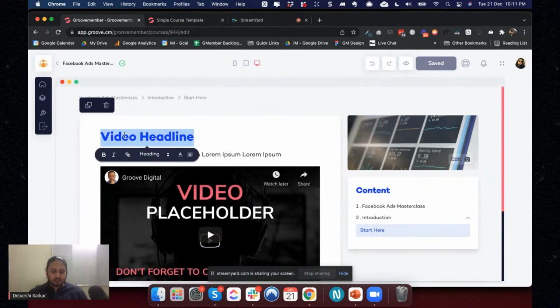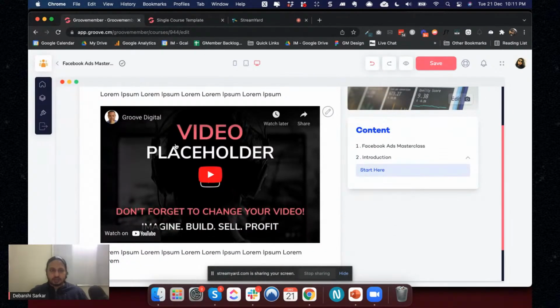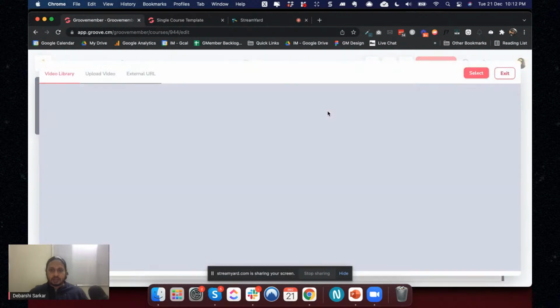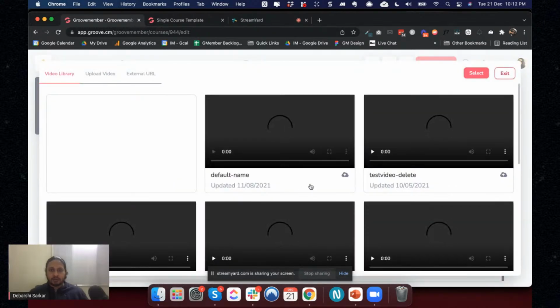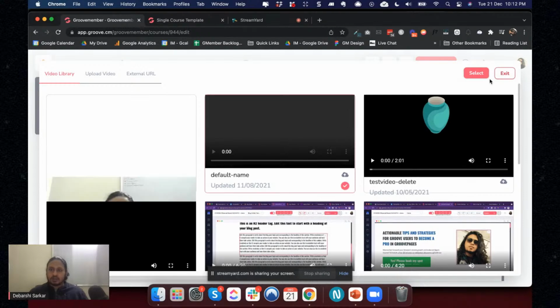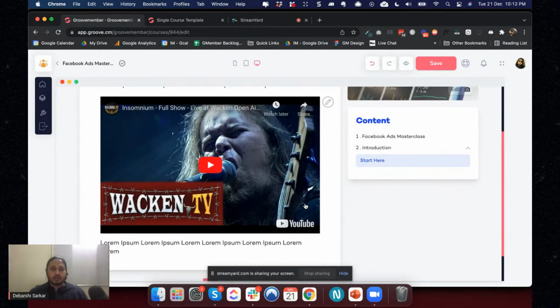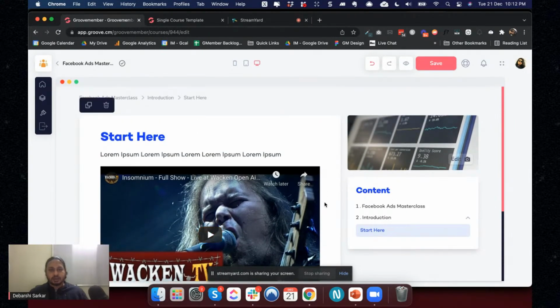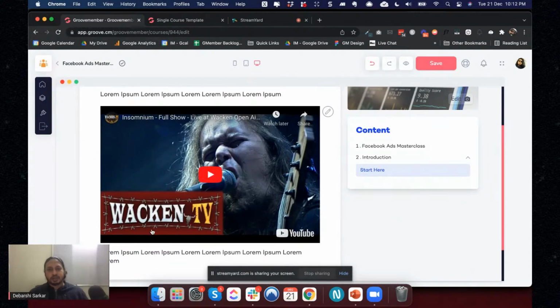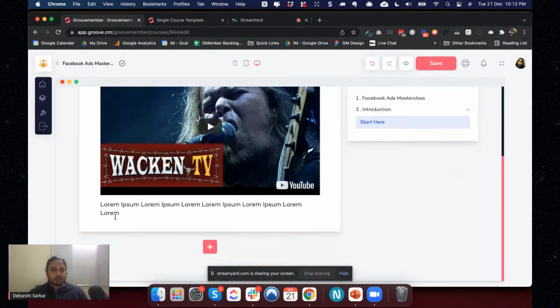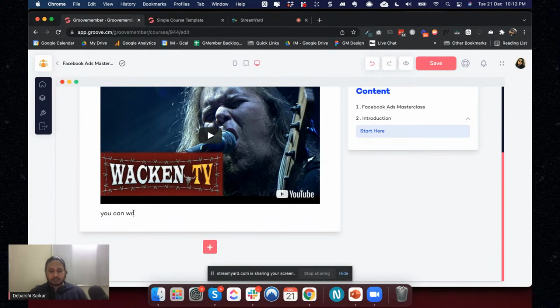And then I can add a video here. So to add a video, you can click on this button and this will open the video library for you. Okay, and then you can just select one video here. All right, and then yeah, that's how you add a video, and we are working on the video component. The video component is still under development, but you can add basic videos here. And then here in the canvas, this canvas just acts as a free flow text editor. You can write anything here,